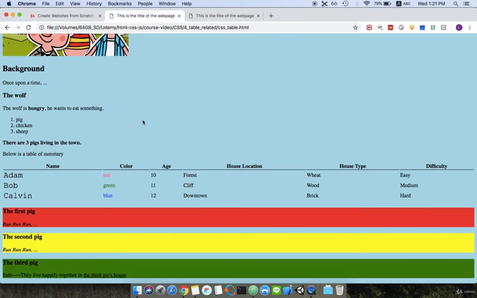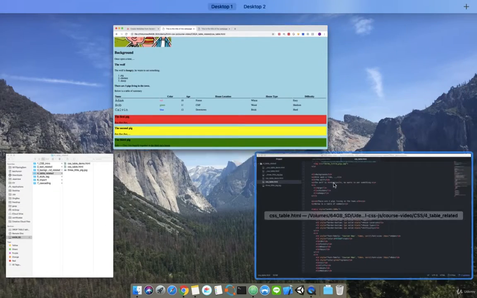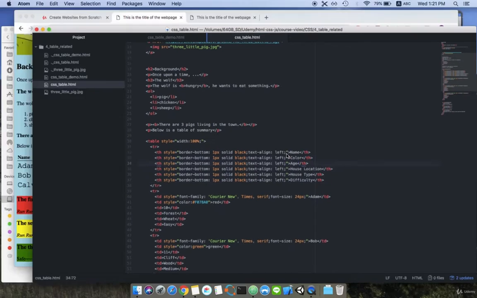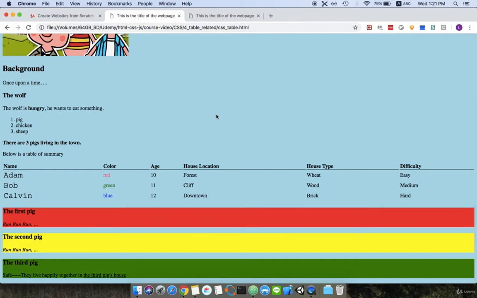So we go back, hit refresh, and now we can see it aligned to the left-hand side. So after we are satisfied with the effect, we can copy and paste to all of the remaining ones. We save it, come back, perfect. Now the table looks much more like a table rather than a box,